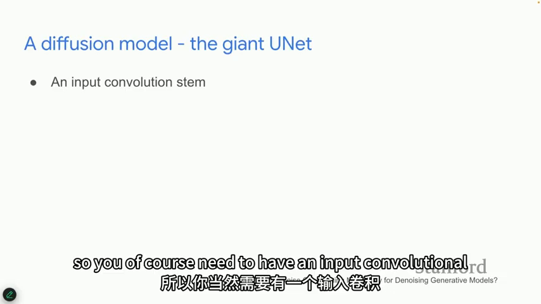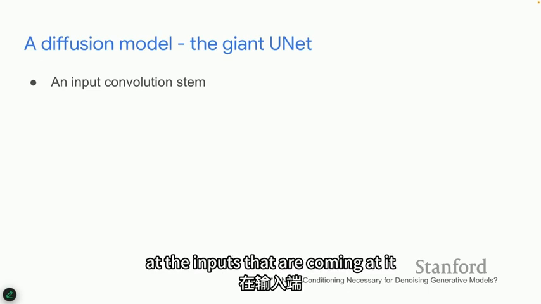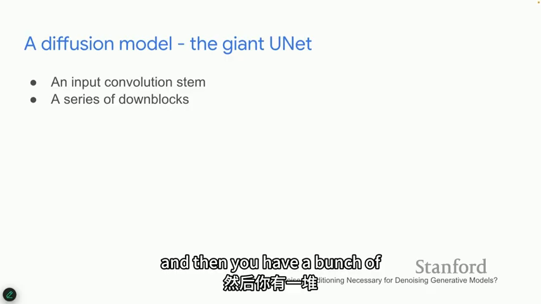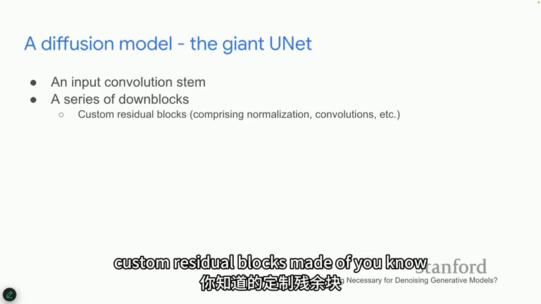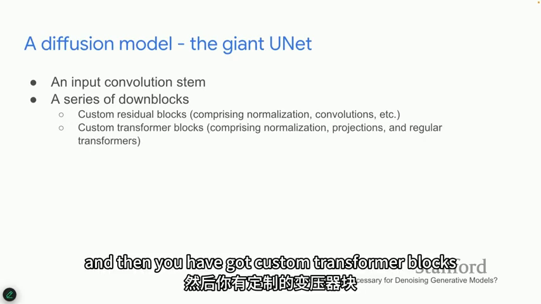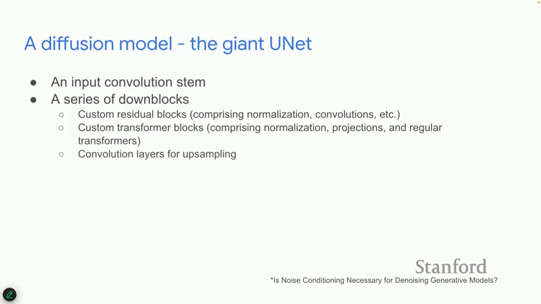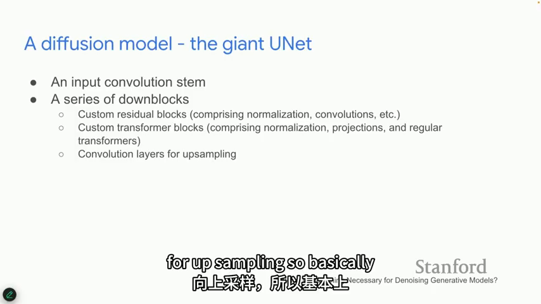So you of course need to have an input convolutional stem that directly operates on the inputs that are coming at it. And then you have a bunch of down blocks, which are basically comprised of custom residual blocks made of normalization layers and convolutional layers. And then you have custom transformer blocks, again normalization, projections, and regular transformer blocks. And then you have convolutional layers for upsampling. So basically,